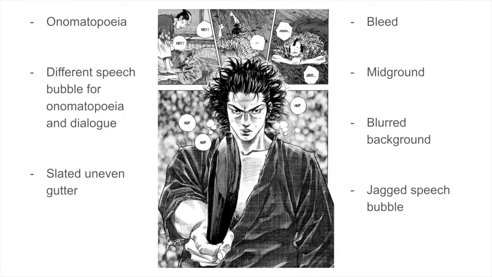Apart from the expressive imagery, Vagabond is also able to craft a captivating narrative by using speech bubbles and onomatopoeias. As you can see in this panel, the grunting and shouting of the fallen samurai are enclosed in a jagged speech bubble. In contrast, the panting of Musashi is placed in a smooth speech bubble. By utilizing different speech bubble outlines, Inoue is able to contrast the anxiousness of the samurai's voices to the calmness in Musashi's tone.